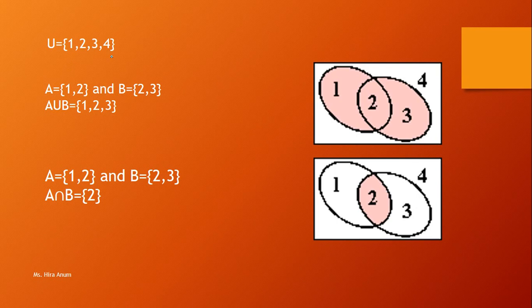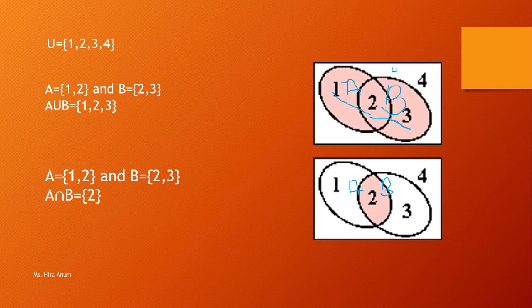U equals 1, 2, 3, 4, and A equals 1, 2, and B equals 2, 3. A equals 1, 2, this is A, and B equals 2, 3, and U equals 1, 2, 3, 4. You can also say this. This is the union form, A union B. A will be 1, 2, 3. Okay, or A is this part